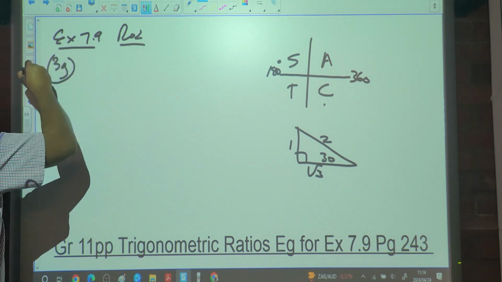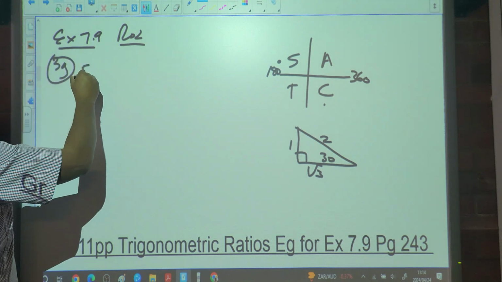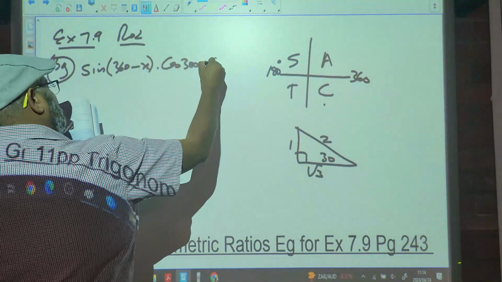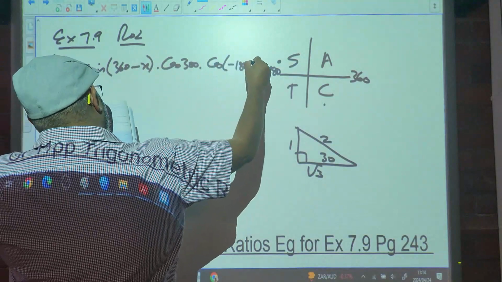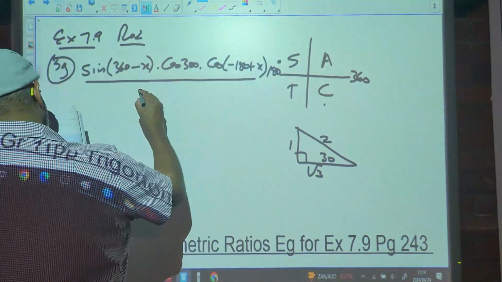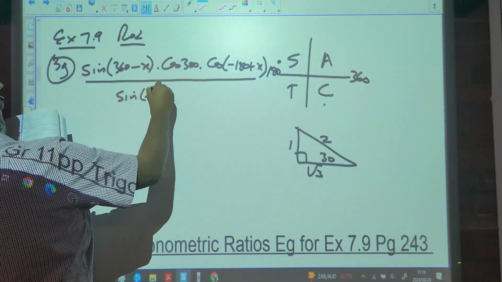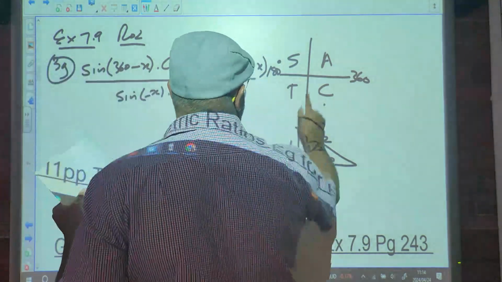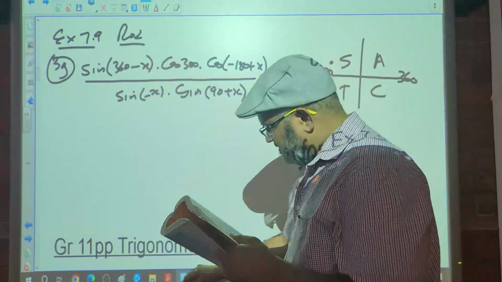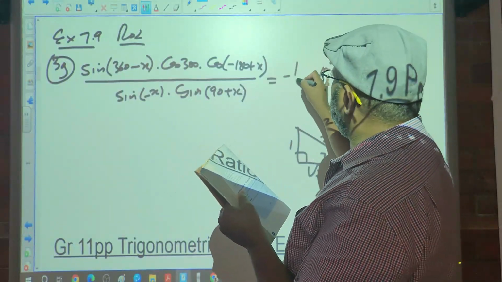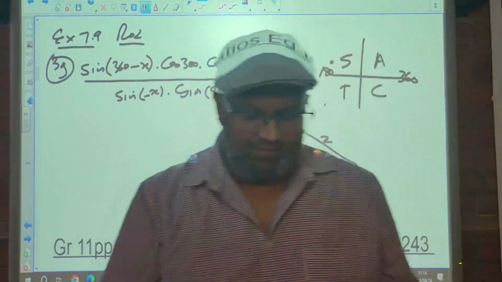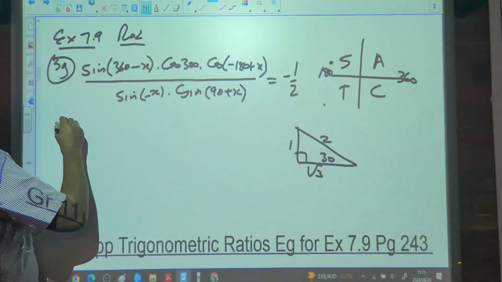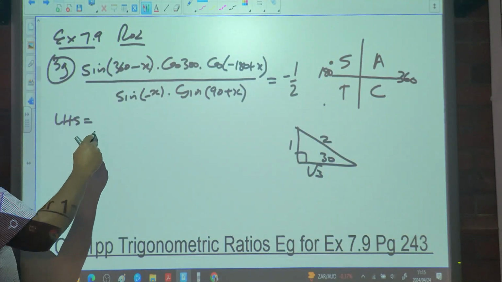3G, and this is going to be the last one for this video. So we got the sine of 360 minus x times cos 300 times cos of negative 180 plus x, all over sine of negative x times sine of 90 plus x, and this is equal to negative a half. So of course this is going to be an identity, not so. So this is the left hand side. So you say LHS is equal to